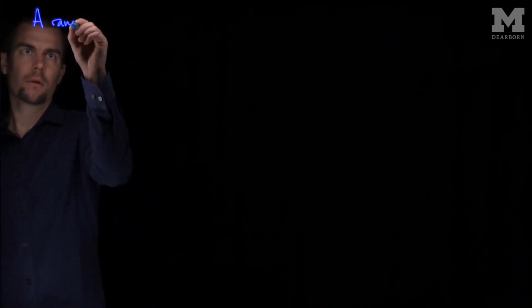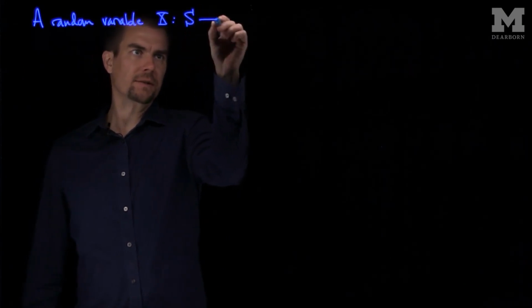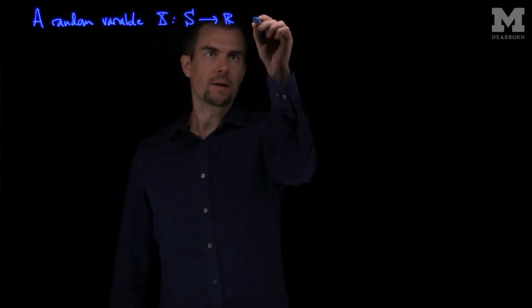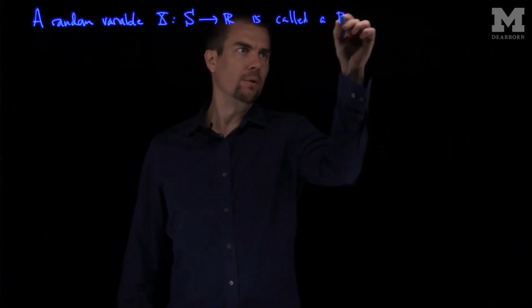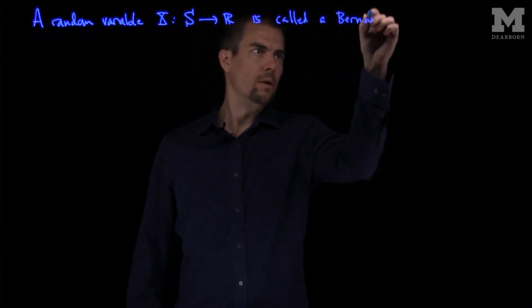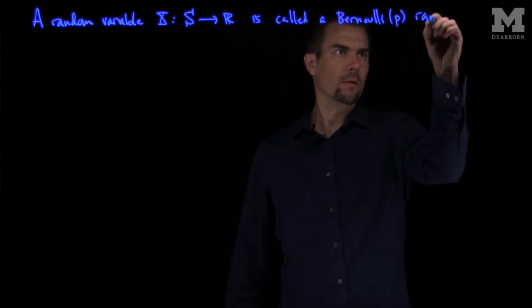Hello students, in this video we'll discuss Bernoulli random variables. A random variable X, which maps a sample space S into R, is called a Bernoulli P random variable